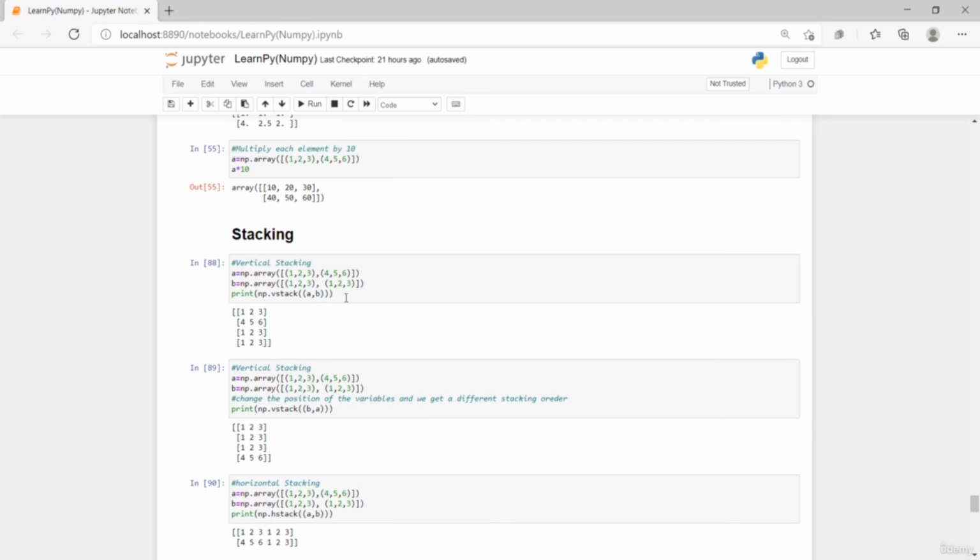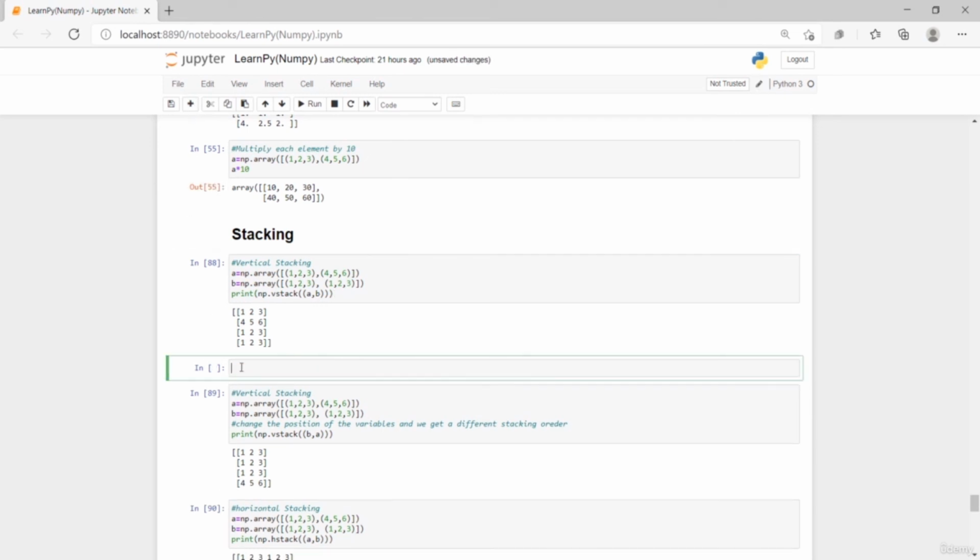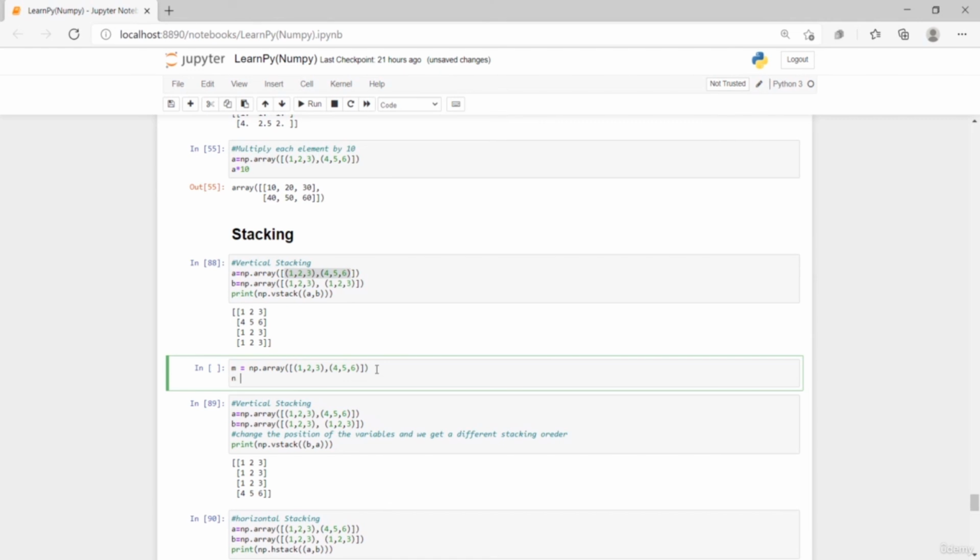So let's try that out. So let's do our first vertical stacking. Let's say m equals np.array into brackets, and then put the square brackets. Let me just copy these values, Control C. I'm just going to paste it inside, Control V. Then I'm going to do n equals